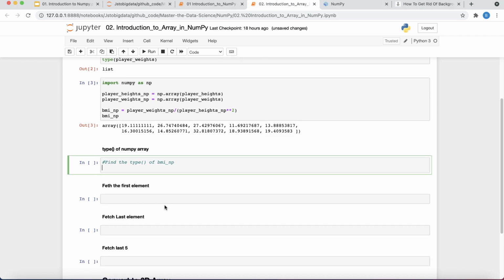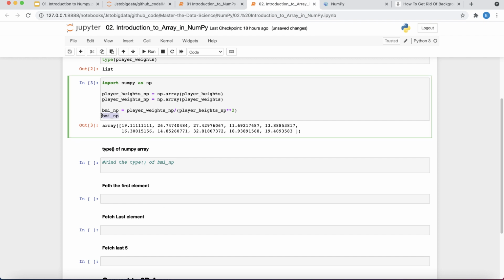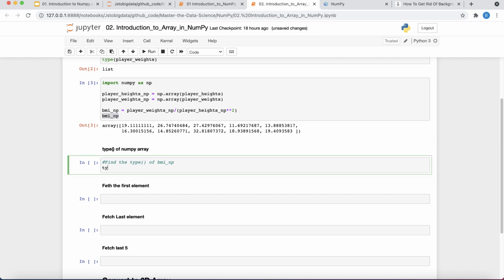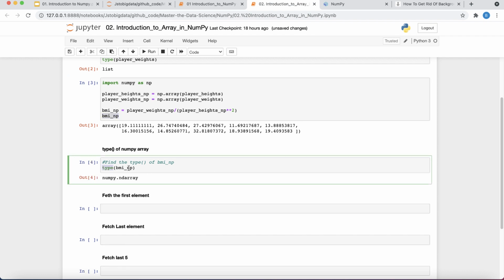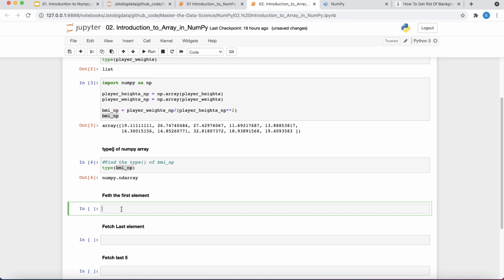Now most importantly, I want to show you a few details about this array. We have the BMI NP, that's nothing but our NumPy array, and it's of the type float, you can see here. You can use the type on BMI NP, and then it says that it is of the type numpy dot ndarray. So ndarray is nothing but n dimensional array.